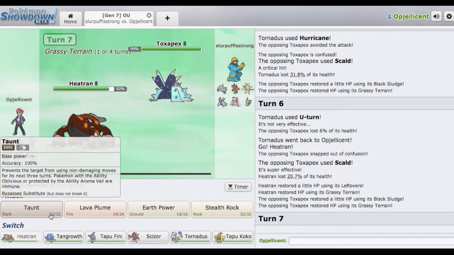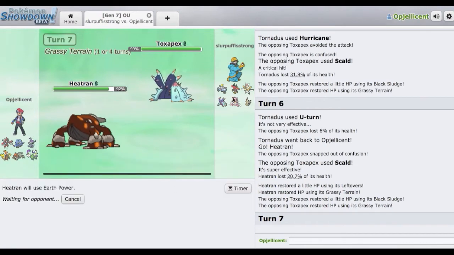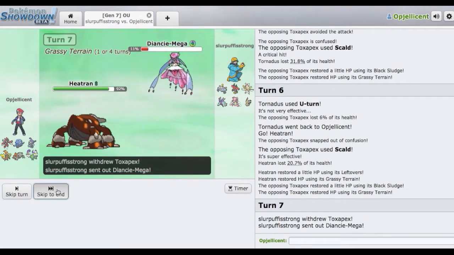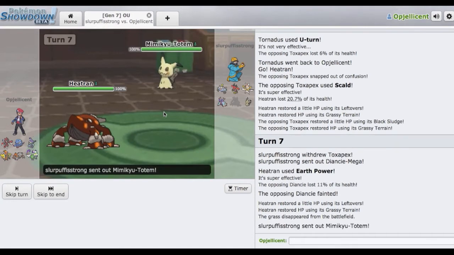Now I'm just going to... Do I want to Taunt first or just rocks? I'm just going to Earth Power on the Deontay. He doesn't want me getting up rocks, I don't think. Yeah, there's the Deontay. Now that the Deontay is gone, we can set up rocks later, which is pretty good. Spit F Tran is also a good switch into the...